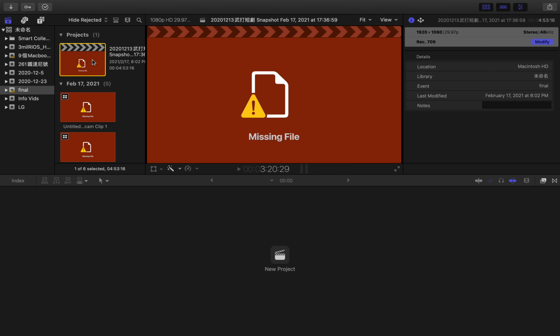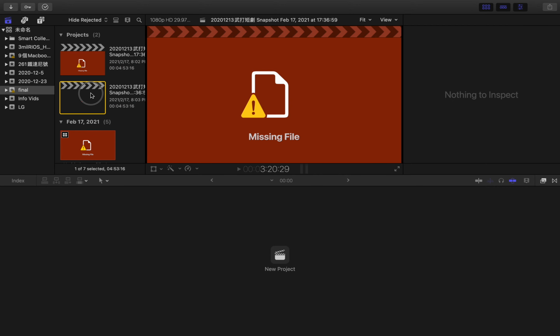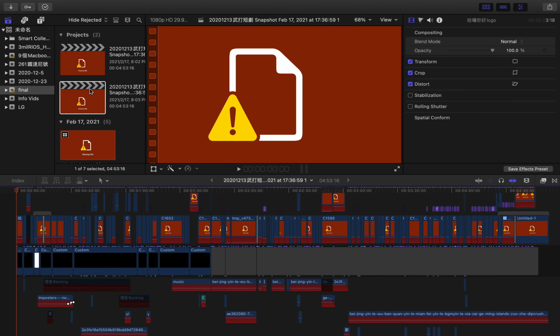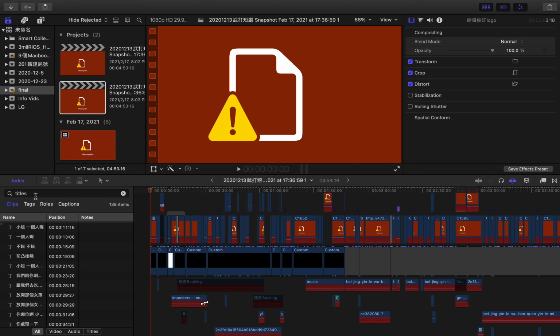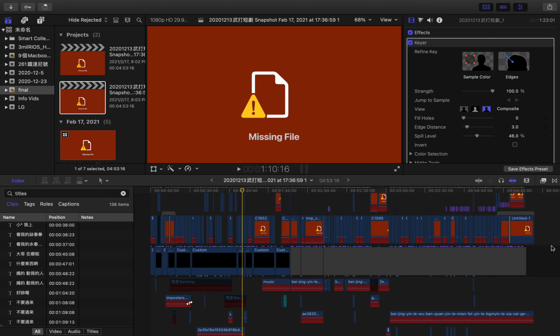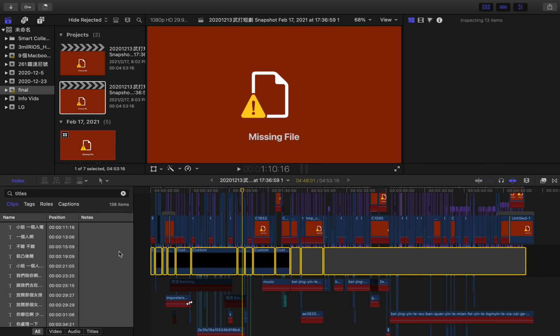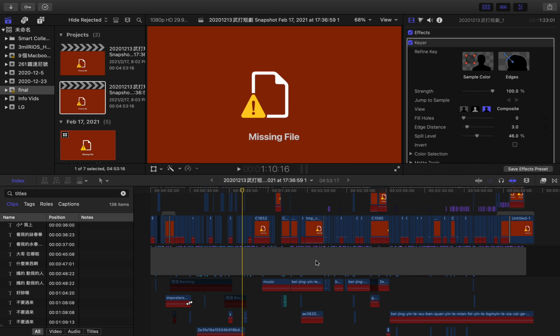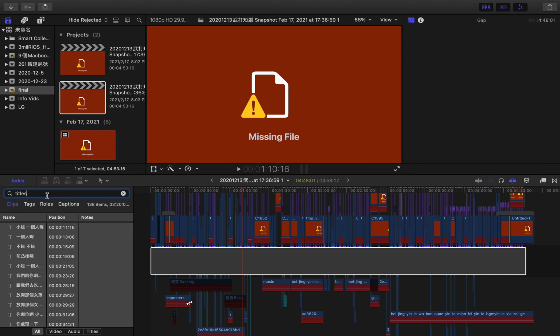Okay, you can duplicate your project. Open the duplicated project and open the index, and you can zoom out the entire timeline, then make the timeline super easy. Use Fn plus Delete. This is the shortcut to delete everything. Then you can